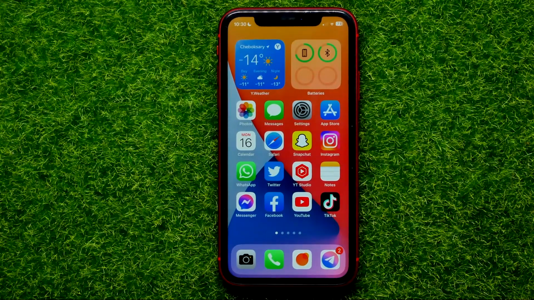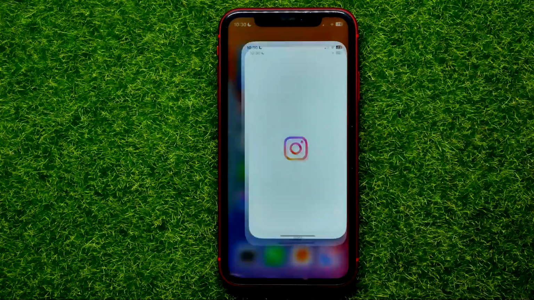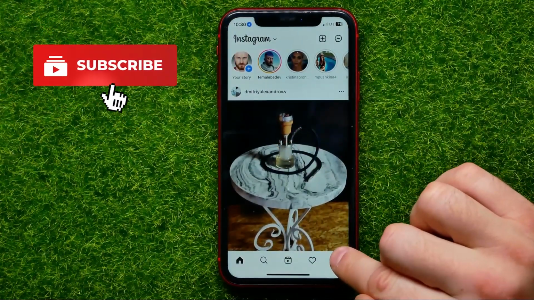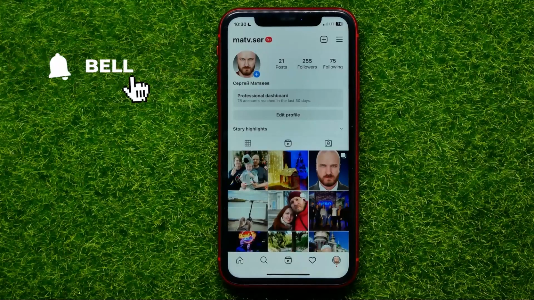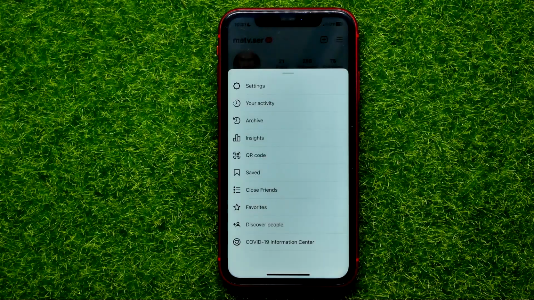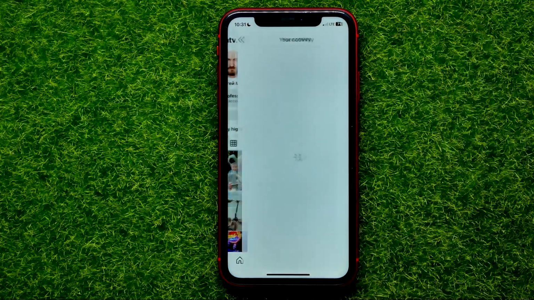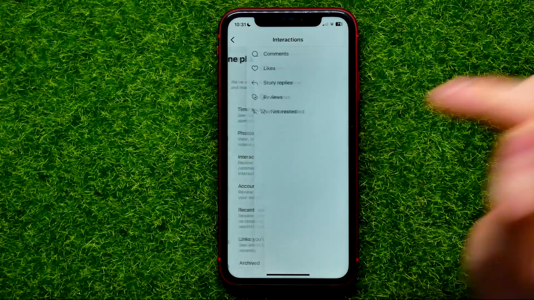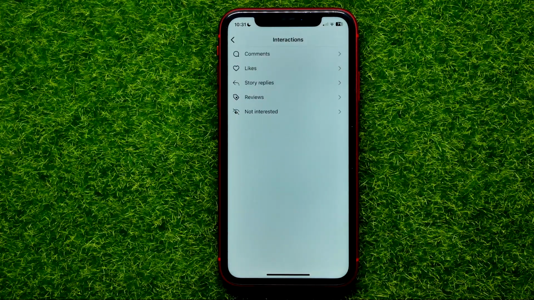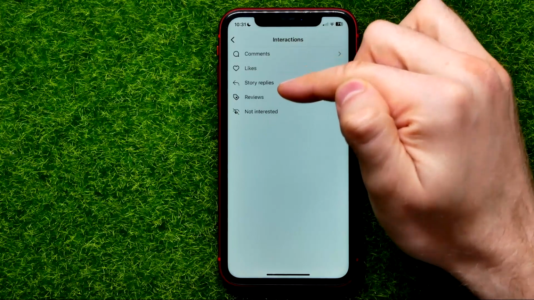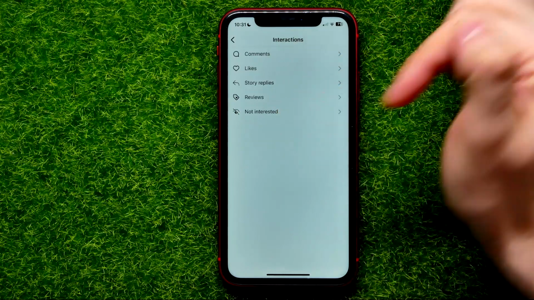So let's begin, and first open up the Instagram app. Then tap on your profile picture, then hit the menu icon and select Your activity. On that screen select Interactions, and now you are able to open up comments, likes, story replies, reviews, and not